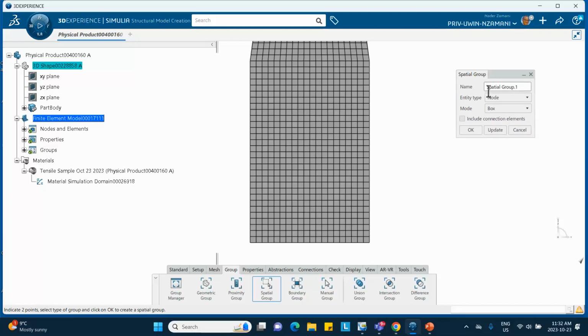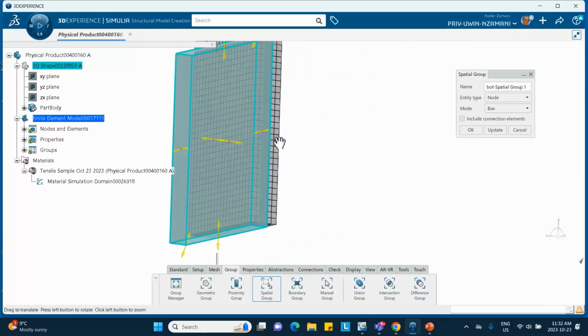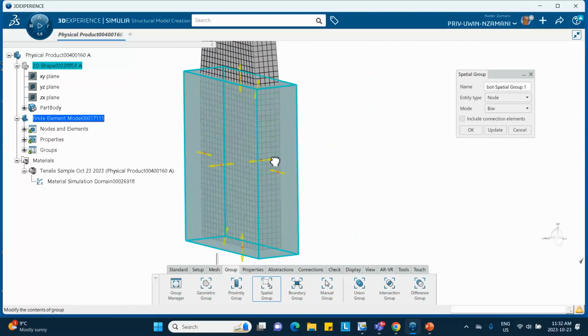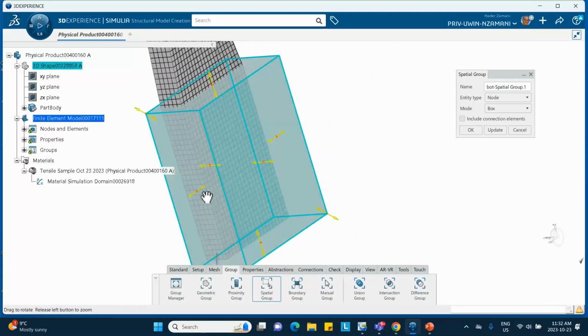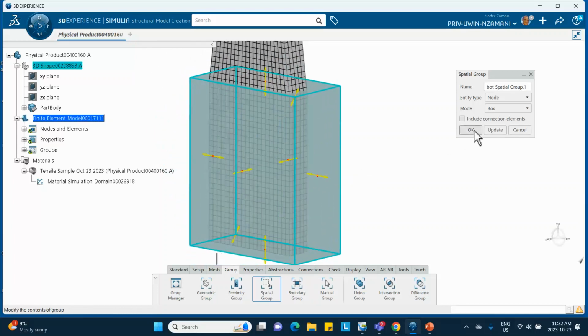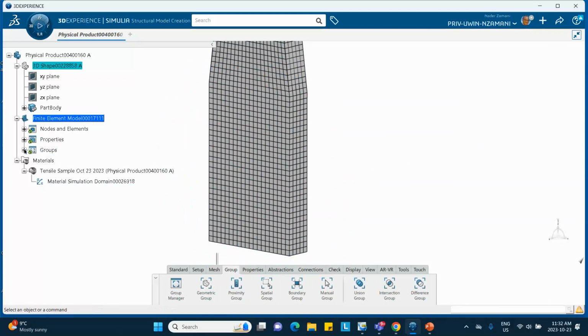Let me call this thing, by the way, bottom spatial group. So I make a box, not a sphere, which includes all these elements that I want in it. Now click, turn around, you see, it picks all those nodes, and then I have resized the box. You can resize the box so that all the nodes are inside of that box, which is exactly what I want. You say okay, and if you want to know, by the way, how many nodes are there,